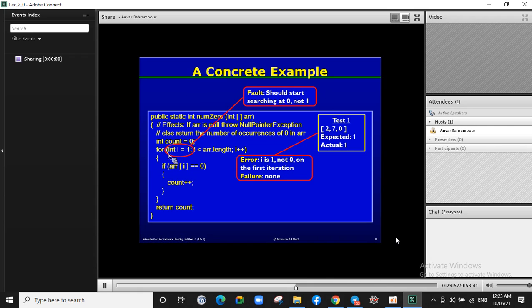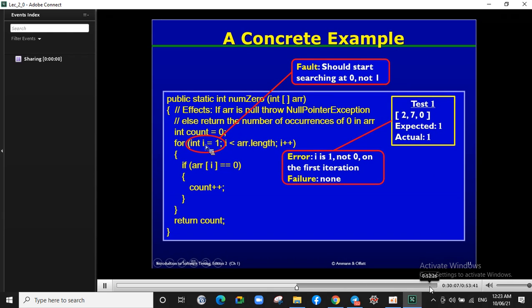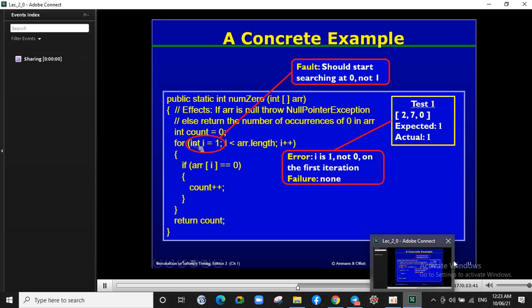In the first round of execution of the for statement, the internal variable i should be set to 0, not 1. So the first statement we pass in this execution is an incorrect internal state. So we have experienced an error state in this execution, but this error state